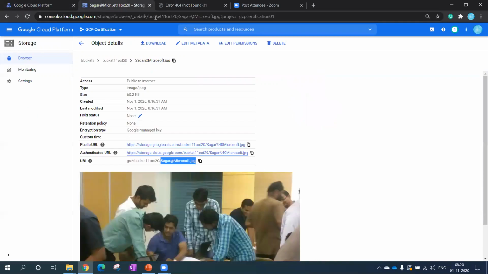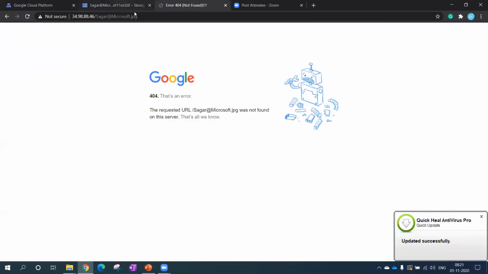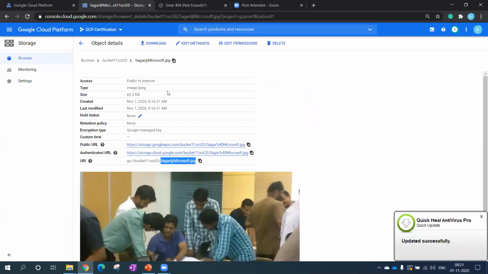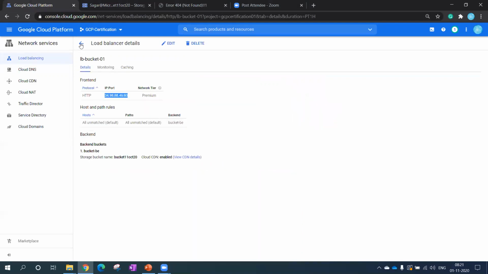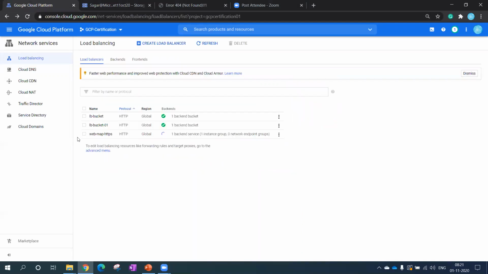Before that, do you have any question, Yogesh, particularly regarding this? Sagar, you said that CDN has to get configured, right? It means every time it does not get created by default? Right, we have to configure it because there is additional cost for it. CDN is just a caching mechanism. So if you want to use a caching mechanism, you have to enable it. It doesn't come by default.